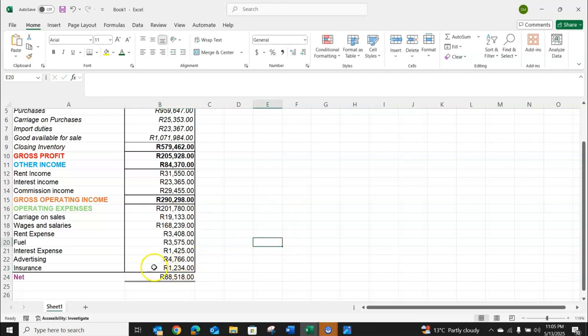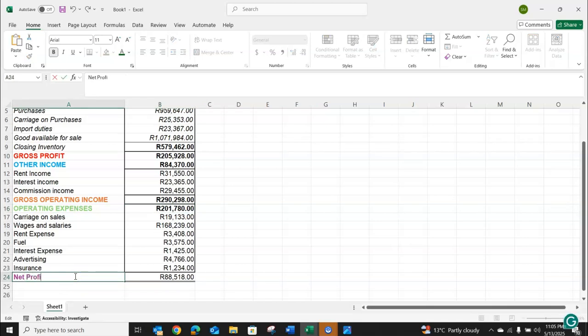Right, so now what we do is we box all this, and then we write the total in here. It's 201,780. Let me make that bold. So this is the total of our operating expenses, 201,780. Now we are going to take our gross operating income of 290,298, and then we subtract 201,780, which is our expenses, and then we arrive at 88,518, which is indeed a net profit